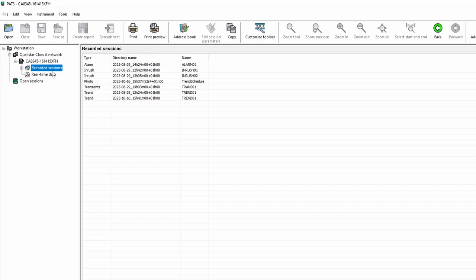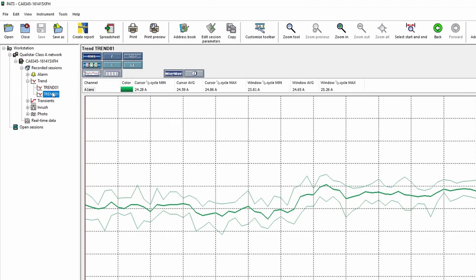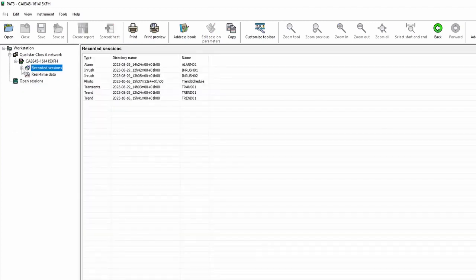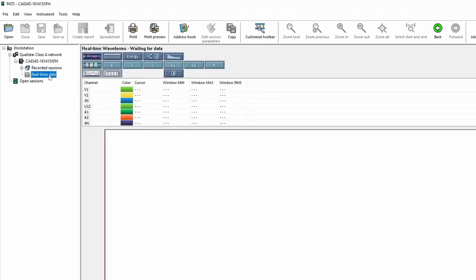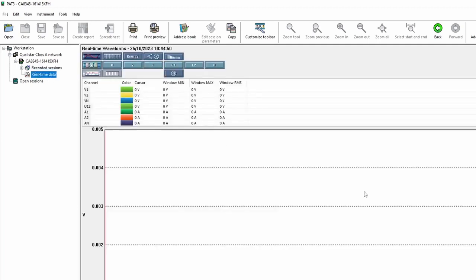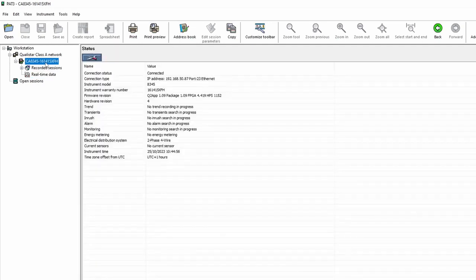So it's very simple. When we're looking at the data that's been recorded in the device, we can simply see it here, and if we want to view any data we just simply click on the various tabs and it will show us the data that's been recorded within the device. We can also see in here some real-time data coming from the device, which will give us the real-time values, and we can analyze those in real time. But what we're here to do today is to look at the actual configuration process.